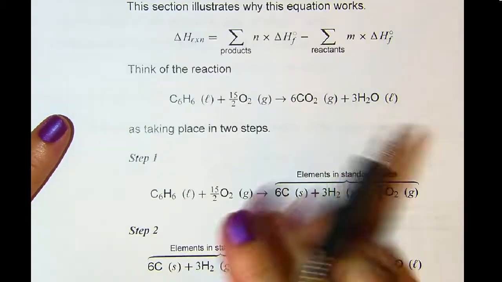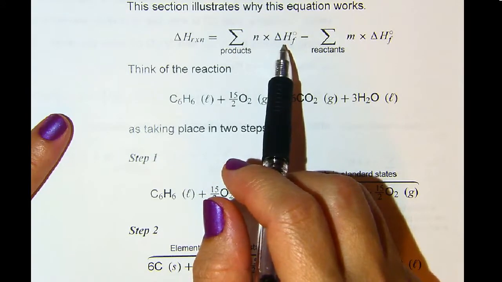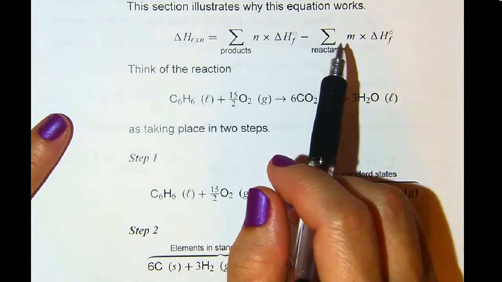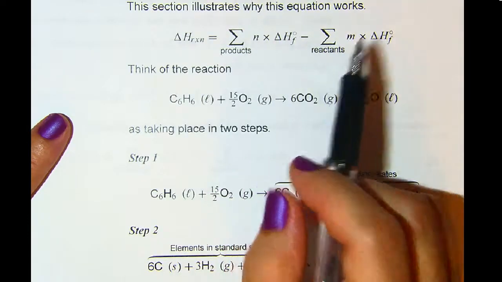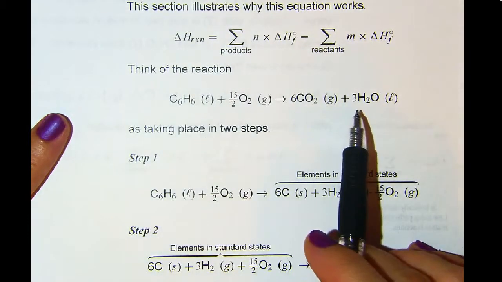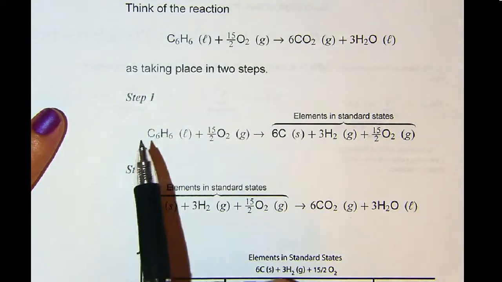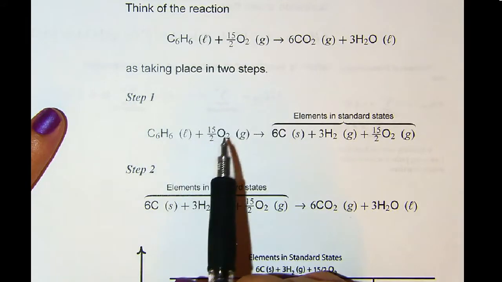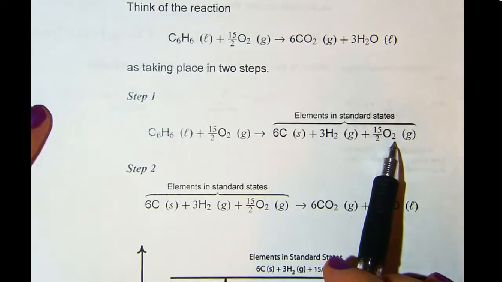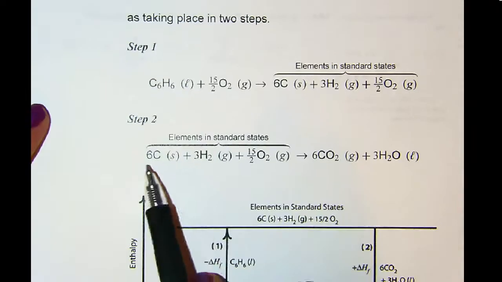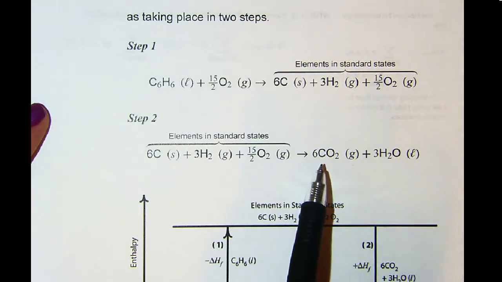The delta H of reaction is equal to the sum of the coefficients times the delta H of formations of the products minus the reactants. Think of this reaction right here as taking place in 2 steps. Step 1, you'd have C6H6 plus 15/2 oxygen yields these elements in their standard states. Step 2 would be these elements in their standard states, and then the formation of the final products, which is